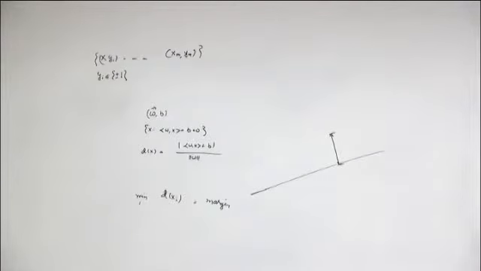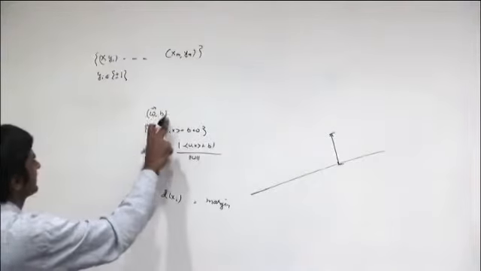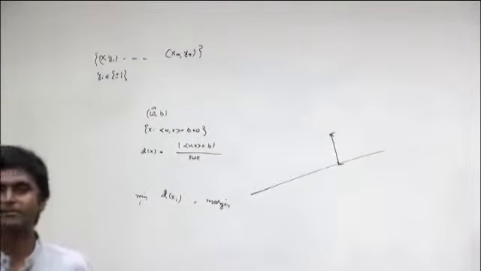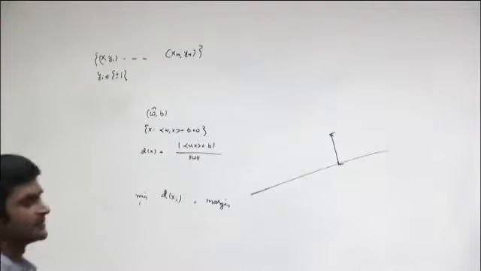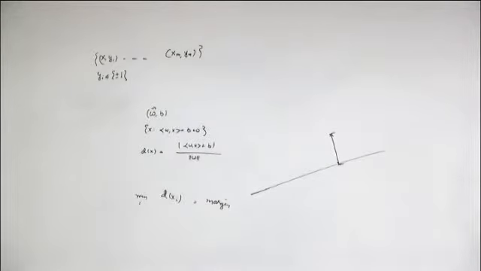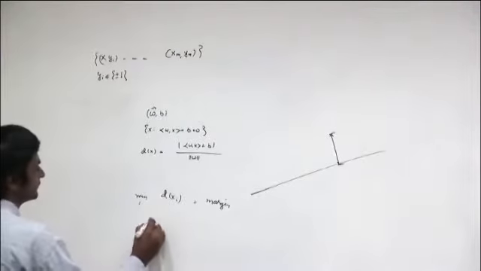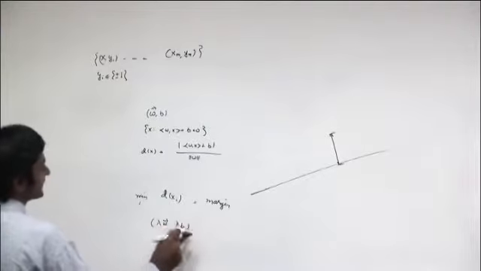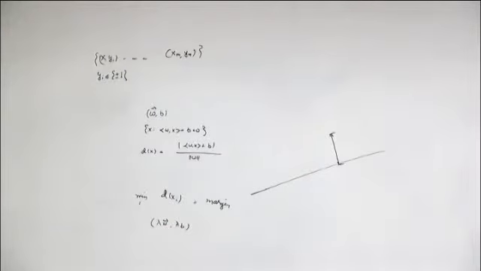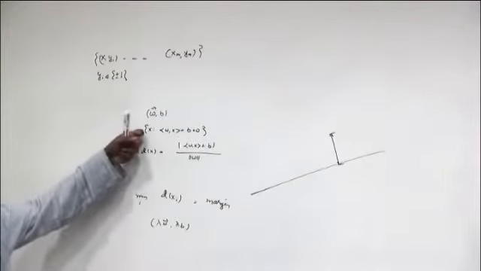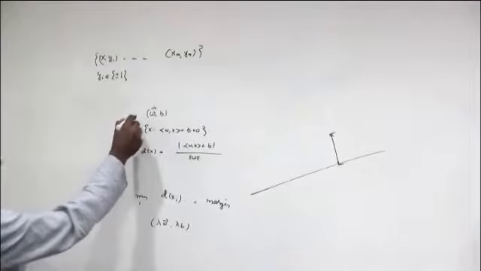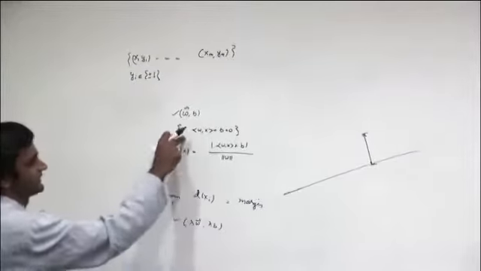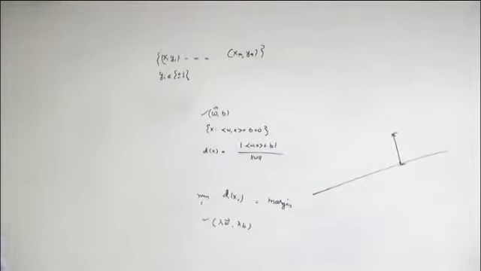The other thing we talked about last time is that there is an inherent non-identifiability problem when it comes to W and B. If I gave you this W and B and somebody else gave you lambda times W and lambda times B, where lambda is a positive constant, then this set does not change. So the hyperplanes specified by these two are exactly the same. You can verify that for yourself.